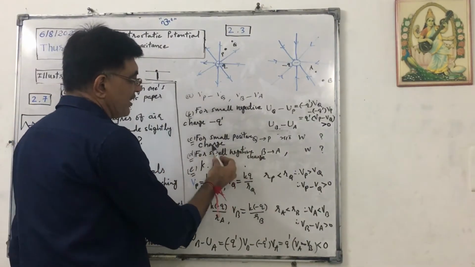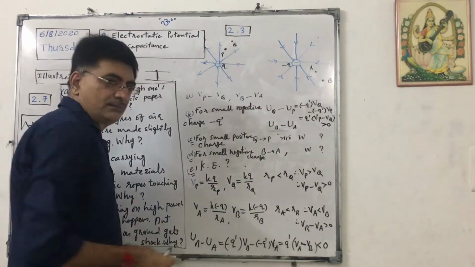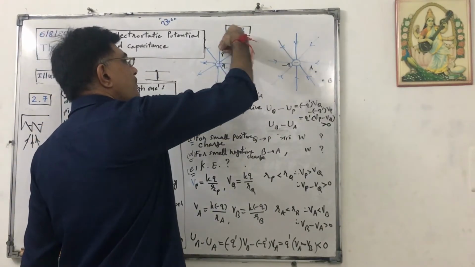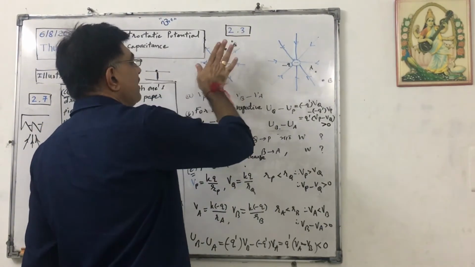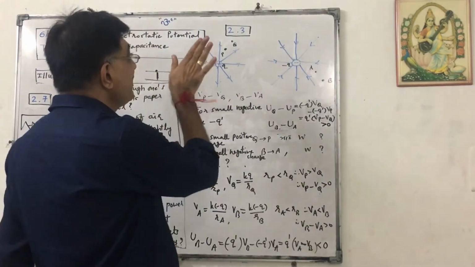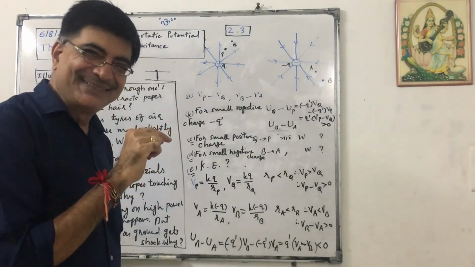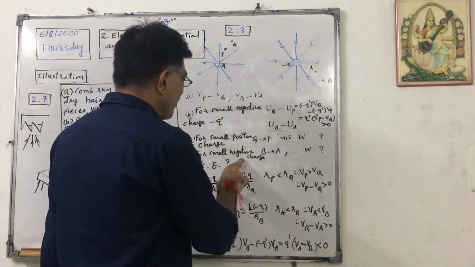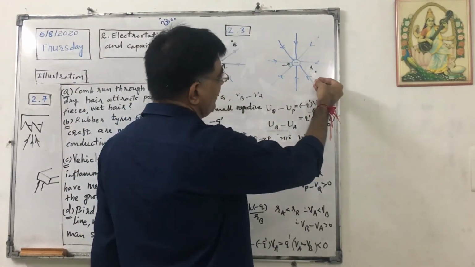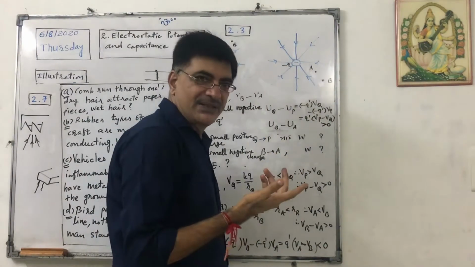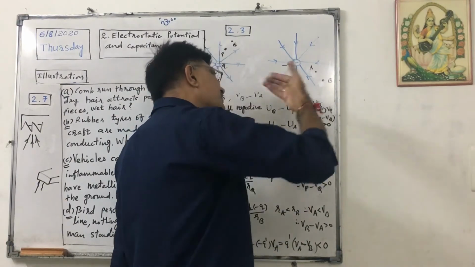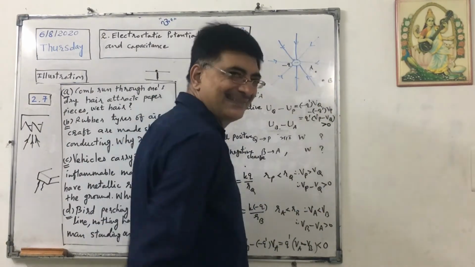Now, next. For small positive charge, if we bring it from Q to P, work done by us. See, if we bring it from Q to P, we are bringing it against field, but we are helping. So work done by us is positive, but work done by field is negative because field will oppose. Okay. Similarly, for small negative charge from B to A. See, if I want to bring a small negative charge from B to A, this negative charge will oppose. So field will oppose. So work done by field will be negative, but work done by us is again positive because we are helping. Okay.